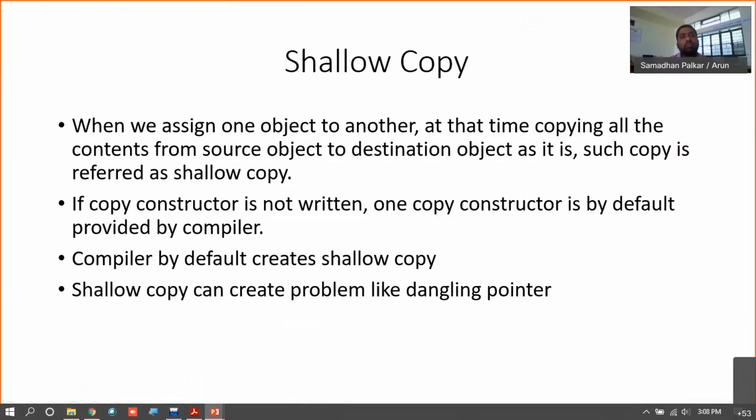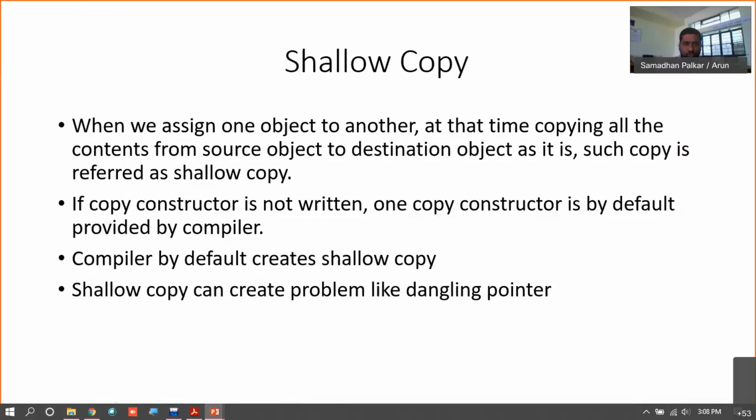So what problems are there in the copy constructor? If it is not provided, it is given by the compiler as well, and the compiler by default creates a shallow copy. But shallow copy can create a problem like a dangling pointer.